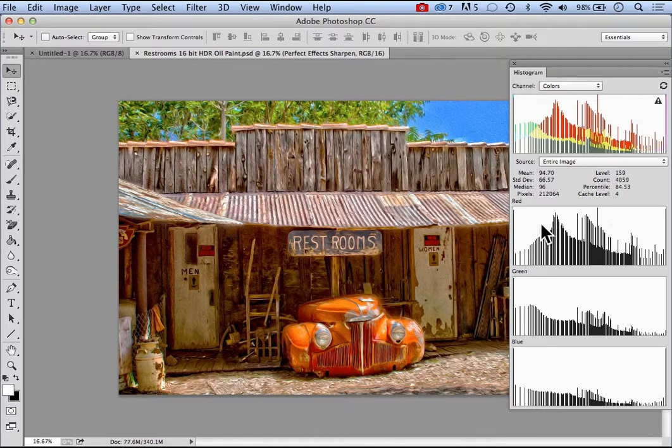A histogram generically just means a way of displaying the distribution of information. If you measured a bunch of things and you want to show how those particular items are distributed, you draw a histogram. The famous bell curve for grading papers in school is a histogram. It's showing how many students performed at which level. The photographic histogram is made up of 255 bars,